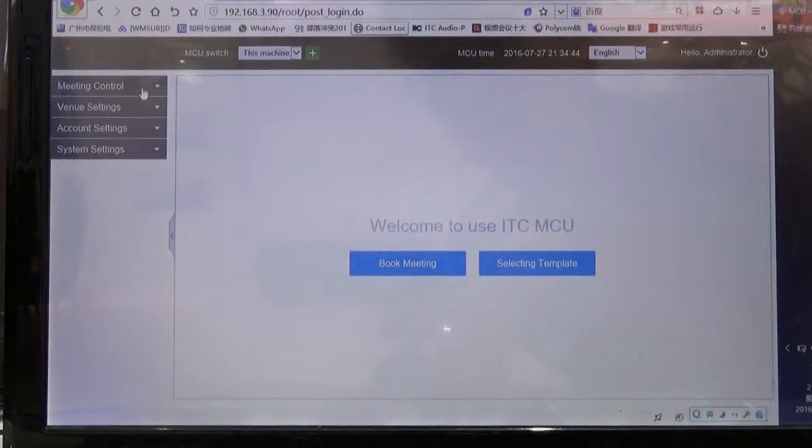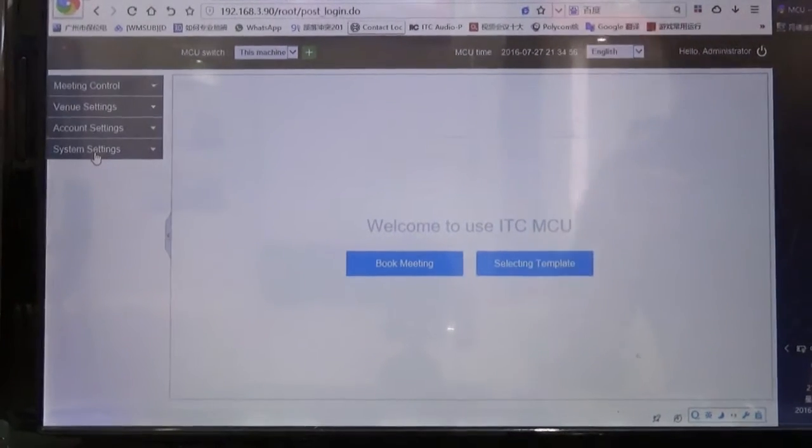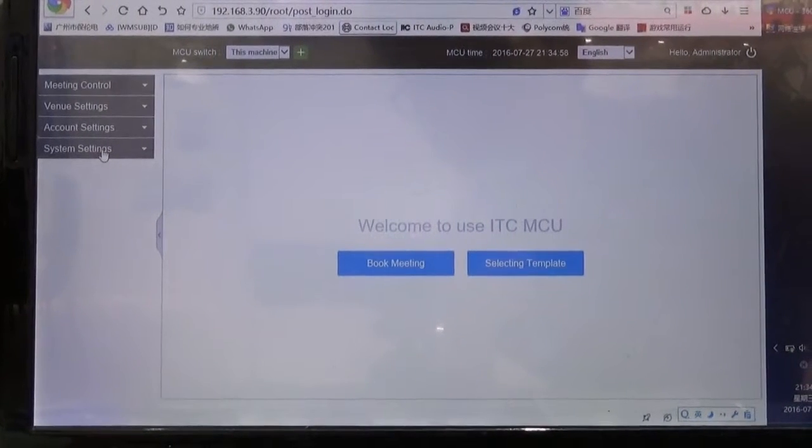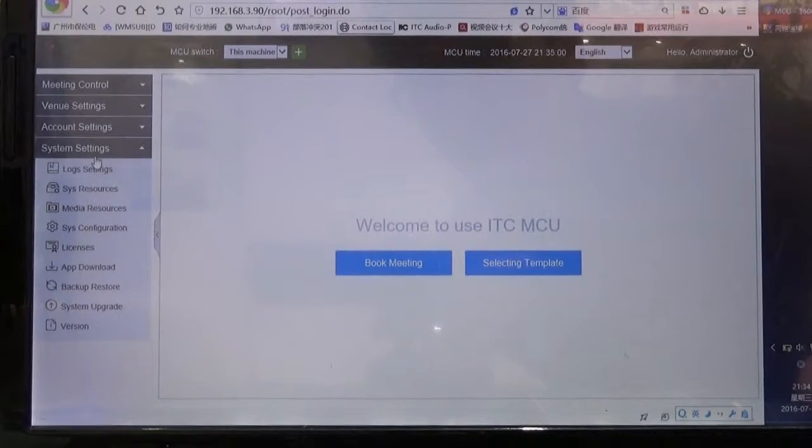After we join this website, you can see there are 4 options here. One of them is the meeting control, and the venue setting, account setting, and system setting. First of all, we have to set the system setting here. We find the system configuration,